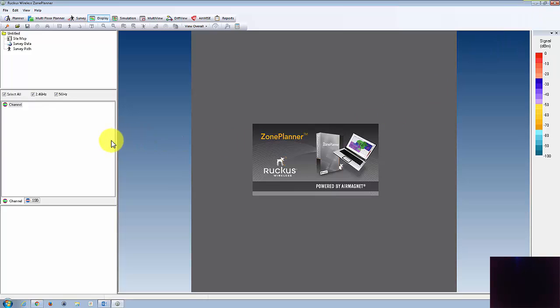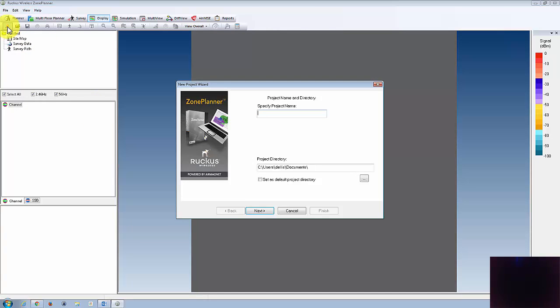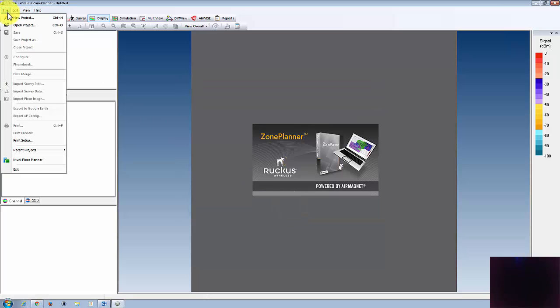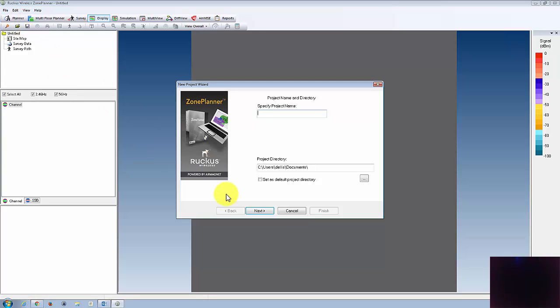All right, so back to Zoneplanner. Once you have your antenna patterns entered in and you've created some AP templates that we're going to show you how to use, the first thing you need to do is create a new project. You can go here to the little icon wizard, or you can go to File and New Project, either way. So we're going to call this